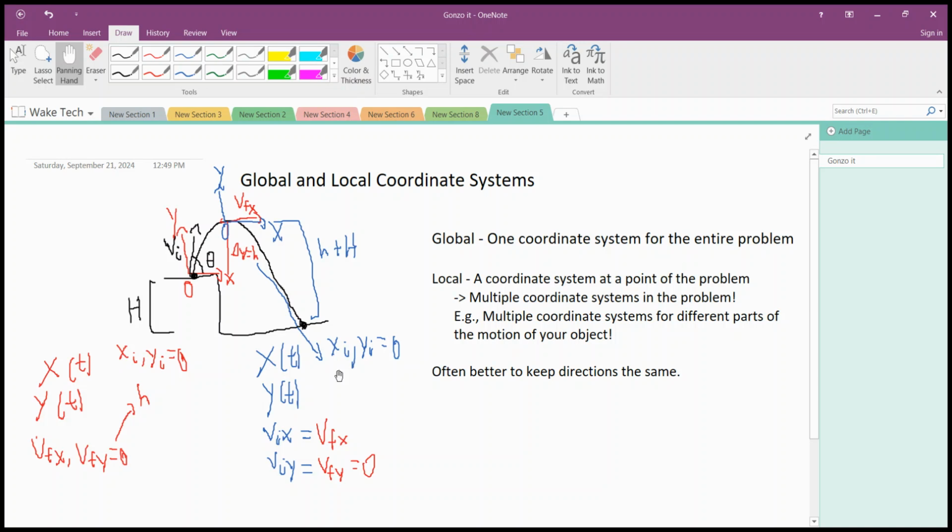And yes, it's possible that your object could change acceleration, and so it's a two-part problem, but you'll still have fewer equations to deal with generally if you use a global coordinate system instead of a local coordinate system, if you just have one origin for your problem instead of multiple origins at different parts or places of motion in your problem. So those are global and local coordinates, and a simple example of using them and where they are useful and where they are